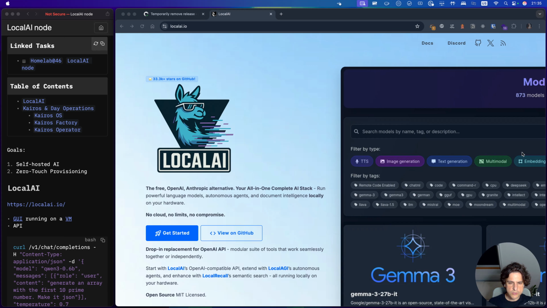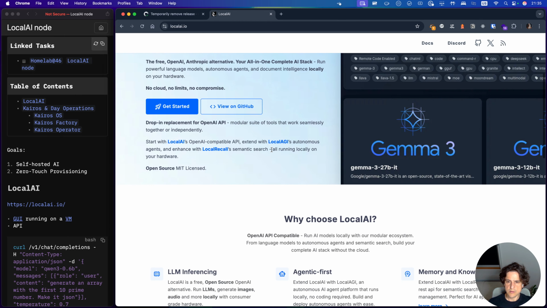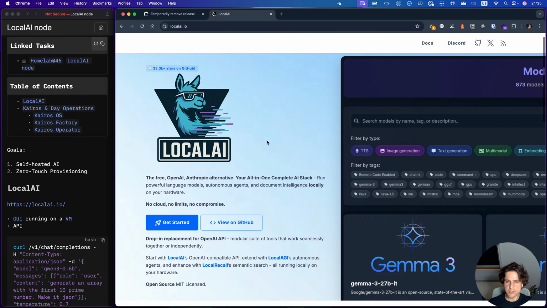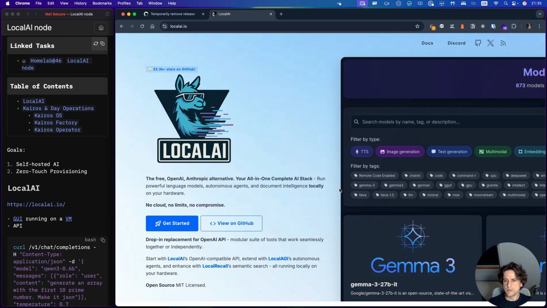Hello, everyone. Today I want to show you how to run a system like ChatGPT, but locally in your home server or in a VM, depending on which options you have. What I'm going to be using for this is a system called LocalAI, which allows you to do image generation, text generation, and other things. I know too little about it to explain it properly, but basically, you can choose the AI models that you would like to run, and you interact with different backends, and then you get the kind of response that you're